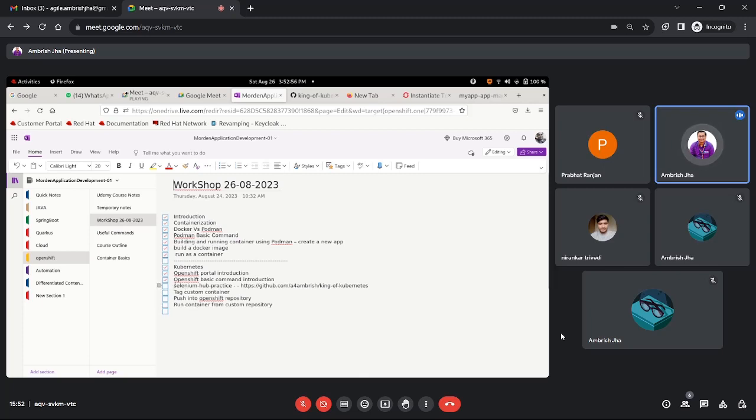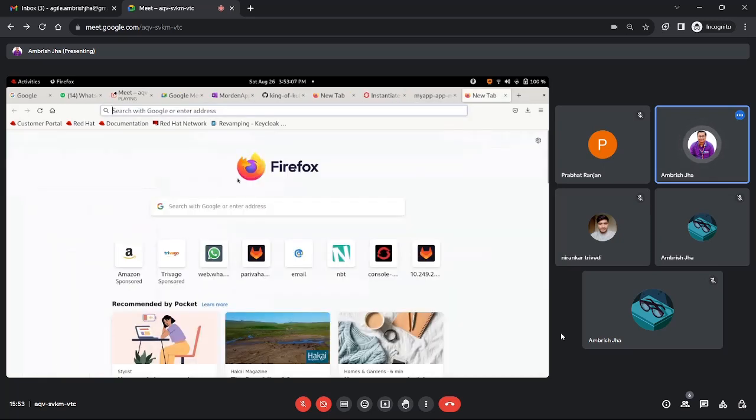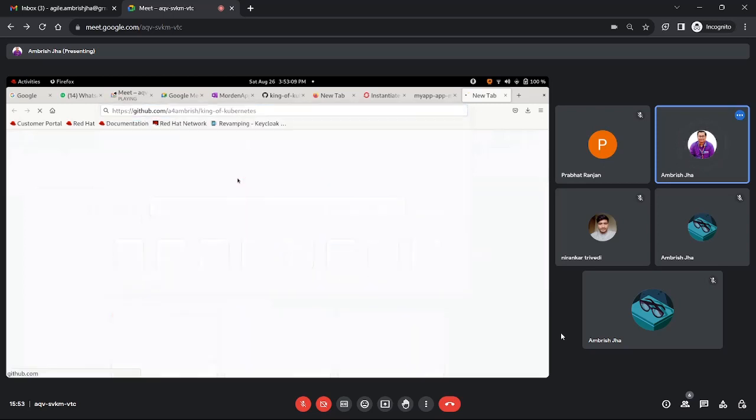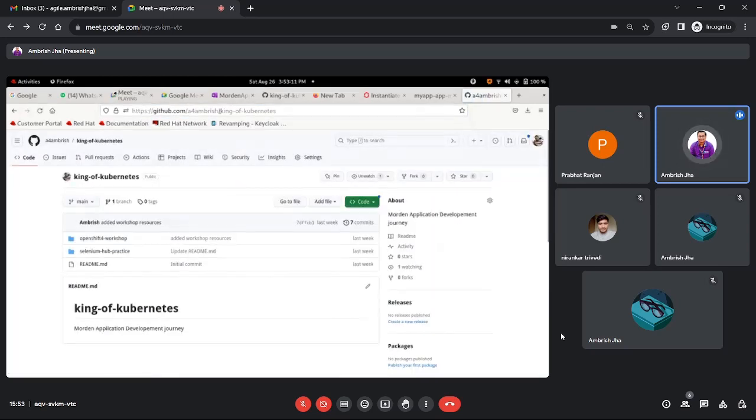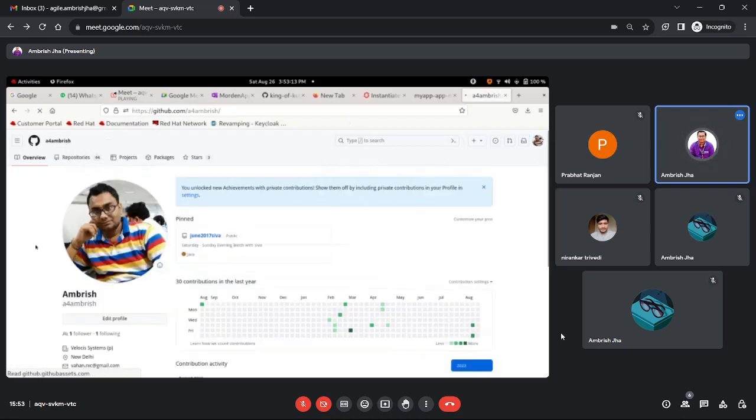That is all. This is available on my GitHub page, and instructions are given there. If you are able to create your local environment on your machine, then please go to this GitHub repository. You can go there first also. So this is my GitHub repository where I'm regularly posting new projects, whatever we are discussing in our different workshops and